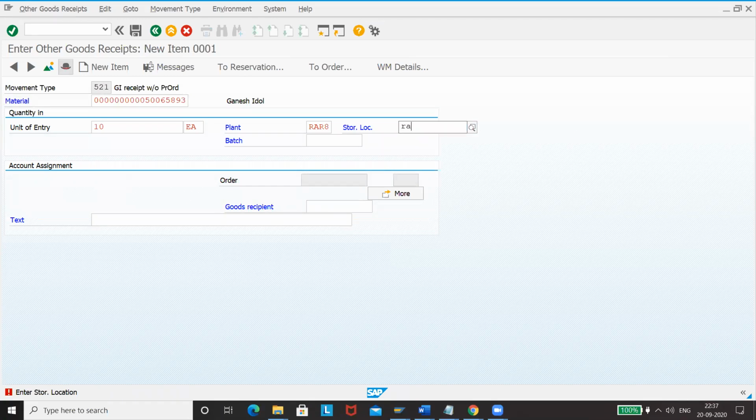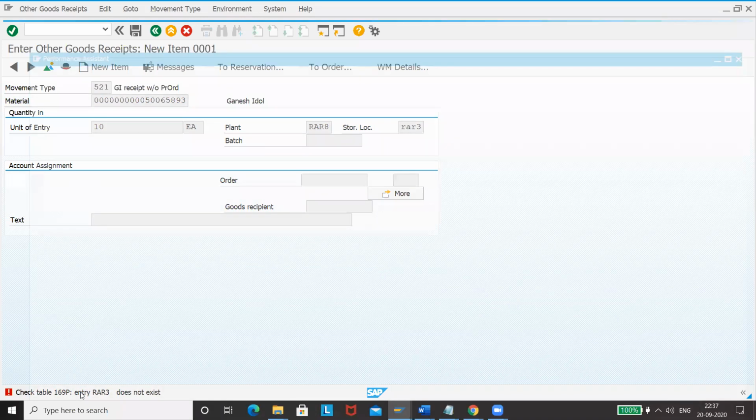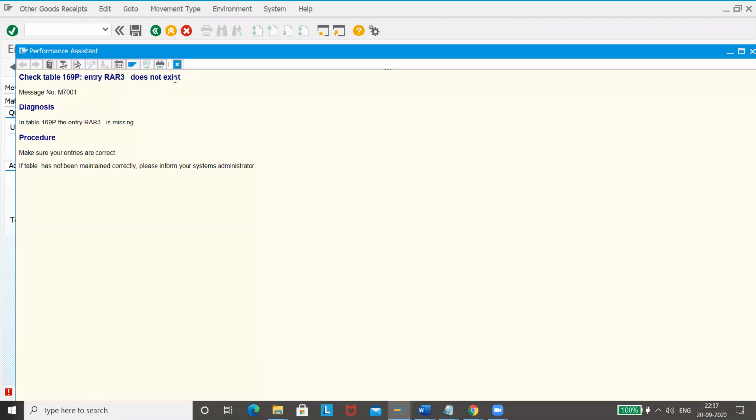Storage location is RAR3. So these errors will come. We'll just be resolving them whenever they come.